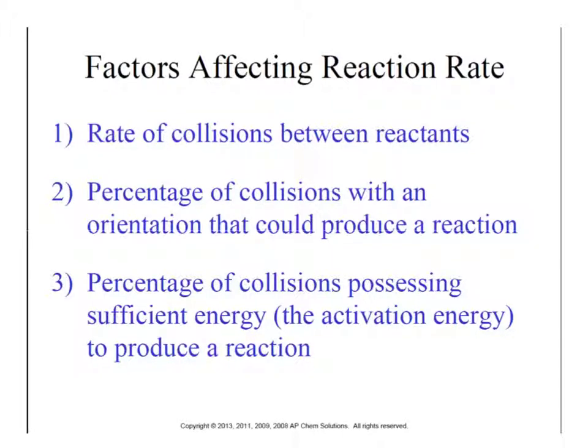So we've looked at a lot of rates of reactions. Now we're going to look at the things that affect those rates of reaction. And so specifically on the molecular level, the things that will affect a reaction rate are the rate of collisions between reactants, so the amount of times that they hit each other, and then the percentage of collisions with the proper orientation, and then also the percentage of collisions that have enough energy, activation energy, in order to trigger that